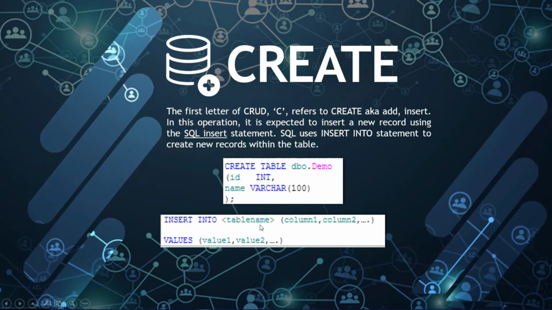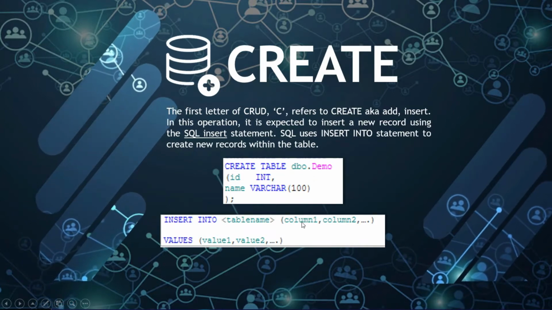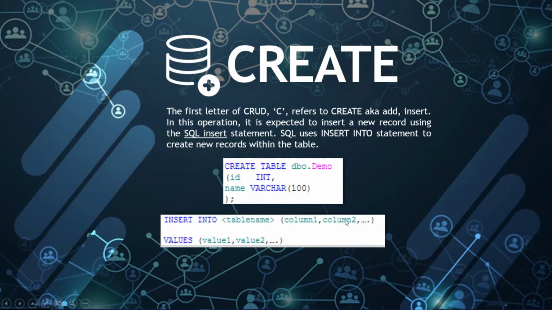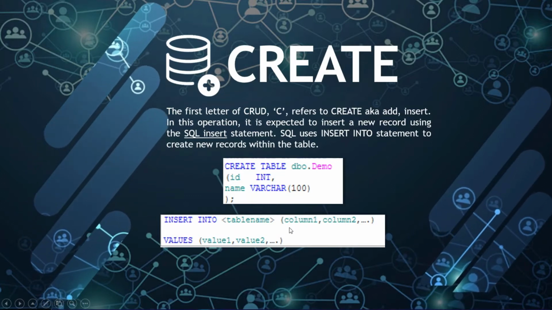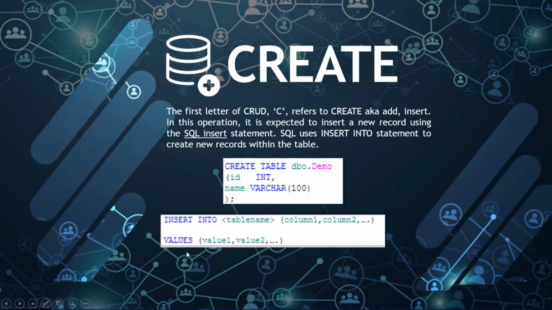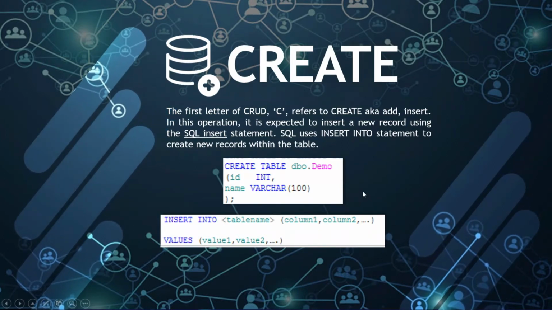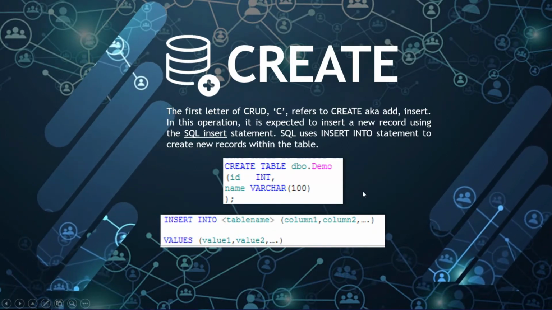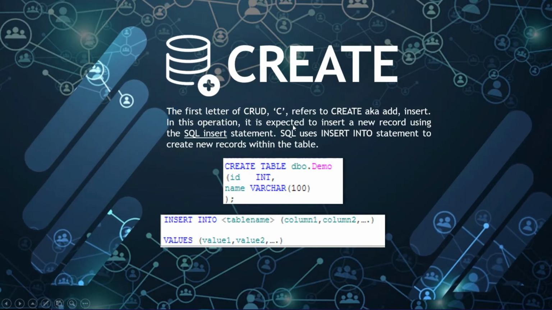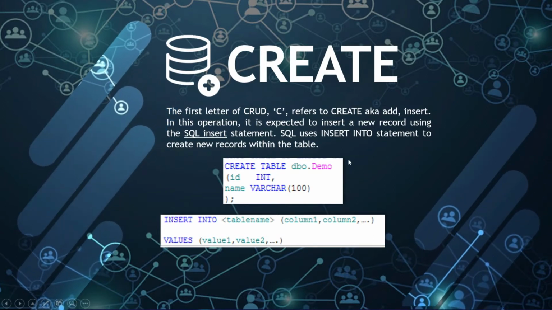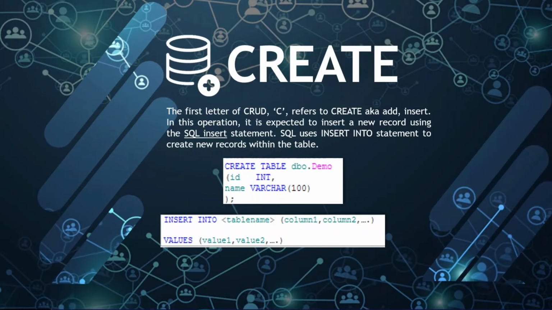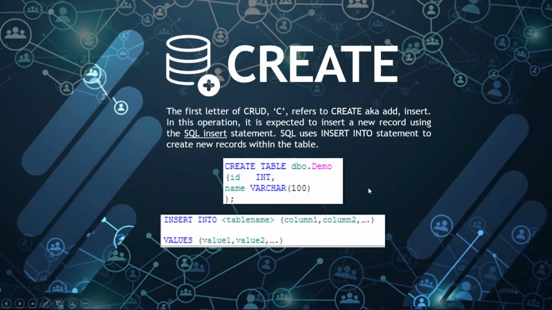I am going to insert into it, and the columns you are going to insert with their values. That is for the create. To be simple, create is used for inserting or inputting data into the database. Also creating